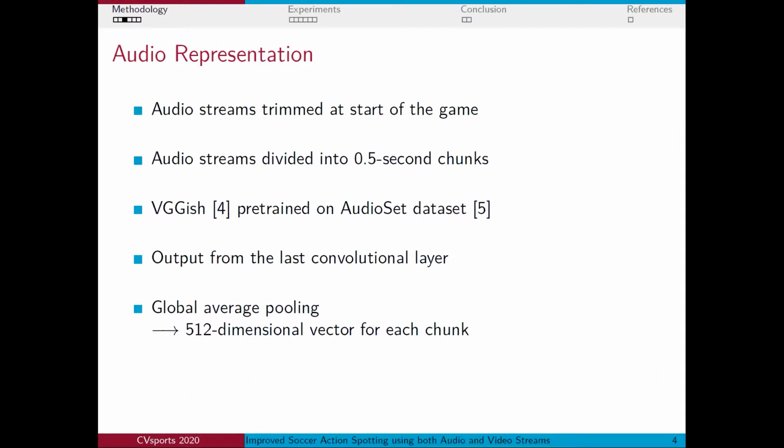For the audio representation, we used a similar process. We start by trimming the audio stream at the start of the game, and we divide this stream into half-second consecutive chunks. Each chunk is used as input to VGG-ish, which is a deep convolutional network architecture pre-trained on